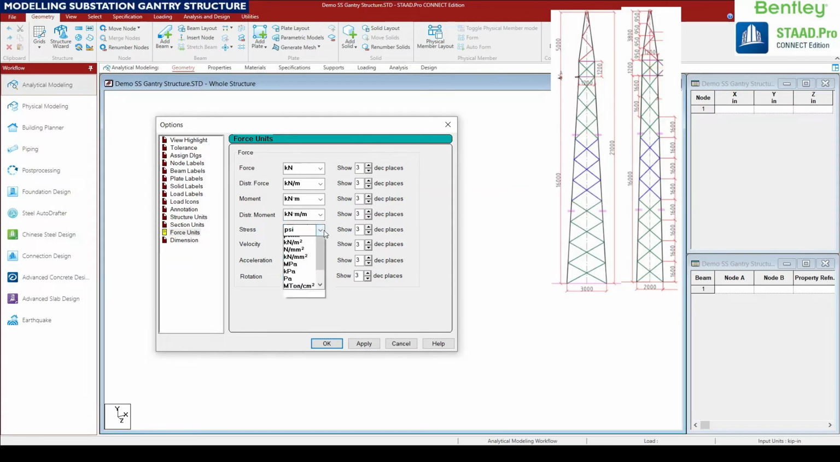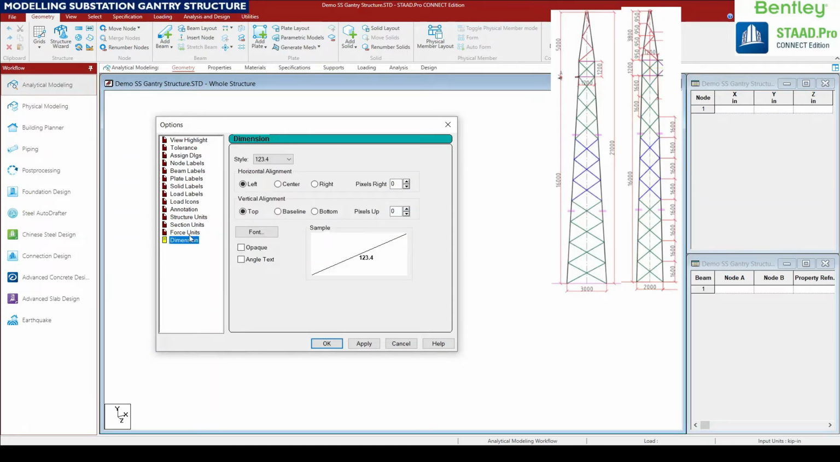distributed moment, stress. So stress we can have in Newton per millimeter square or megapascal. Velocity meter per second, acceleration meter per second square. So degree, here also we can reduce to... then the next one is dimension. Okay,